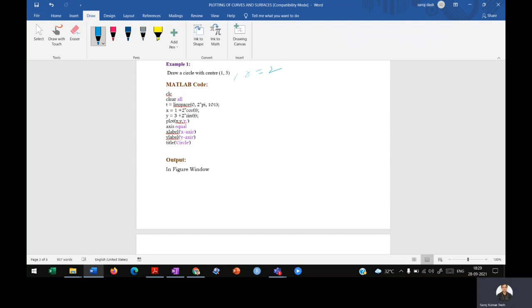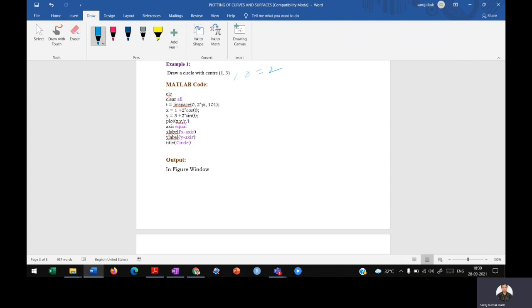So the first two lines of the MATLAB program are clc and clear all, which you all know, for clearing the screen and clearing the memory of commands and everything. Now we start the programming. So what is the first line? We have to generate t points. Why t points? Because